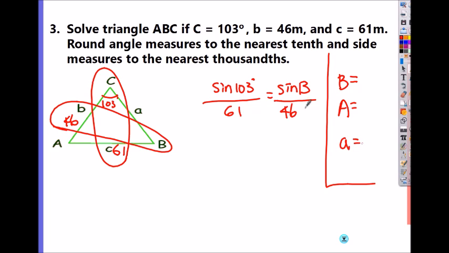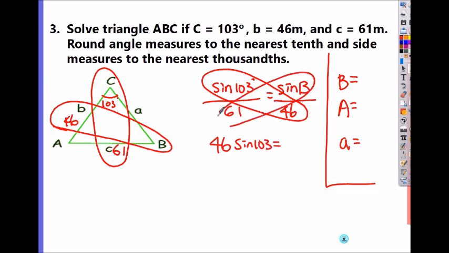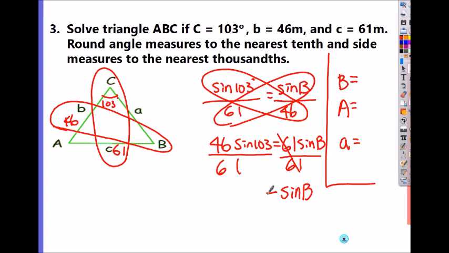So then what do? Cross multiply: 46 sine of 103 equals 61 times sine of B. Then what would you do? Divide by 61. And here, it involves another step at the end because they gave you sine of B, so you have to take the inverse of sine on both sides. So here, we're going to use the exact answer, but still you can give me the rounded answer for the